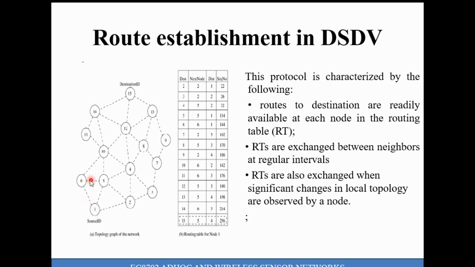So I can go in these three ways. But here I have chosen the next node as 5. Looking at the table, it is the shortest path, so I have chosen the next node as 5. So I will start to send the packets through 5, and finally it will reach the desired destination.